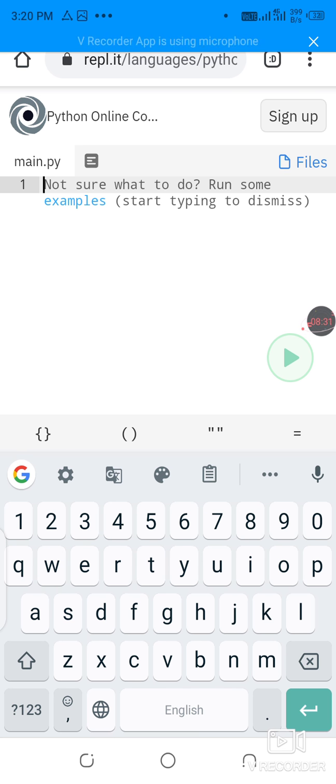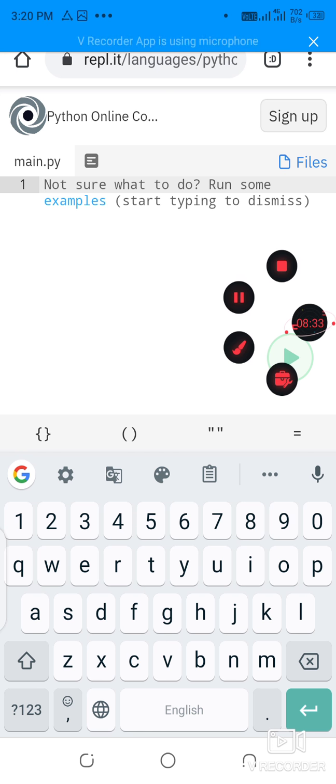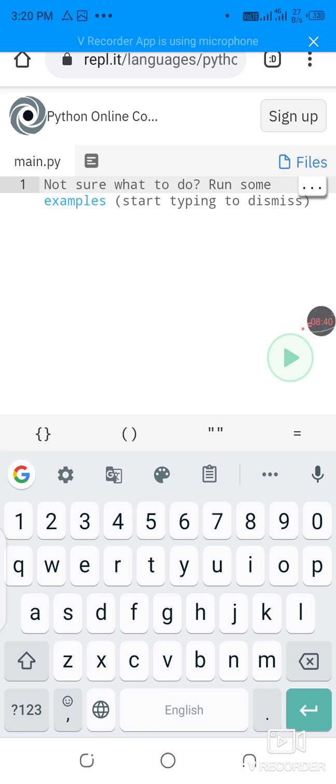Okay, and then I will explain divide. And in divide, and in minus also, we have to do only like this.